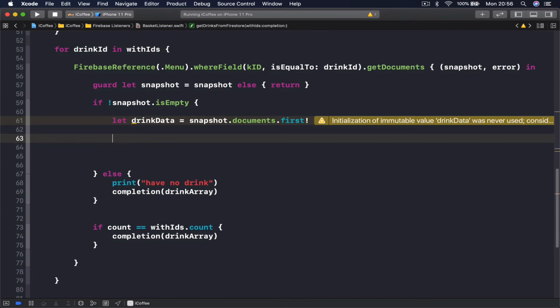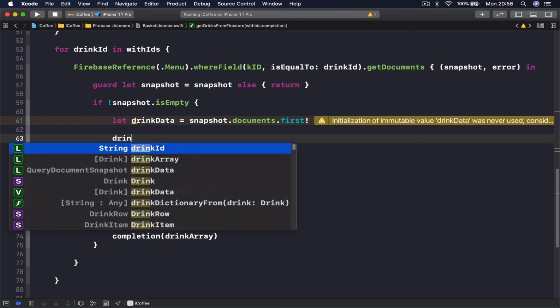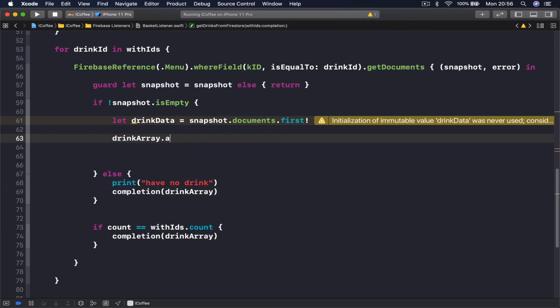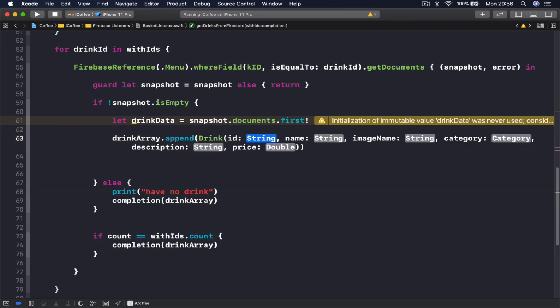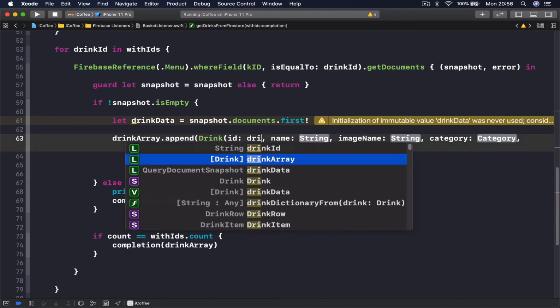And the second one is we just do it all in one line. We say stringArray.append, and here we are going to create a string and add it straight to our array. So the ID is going to be stringData